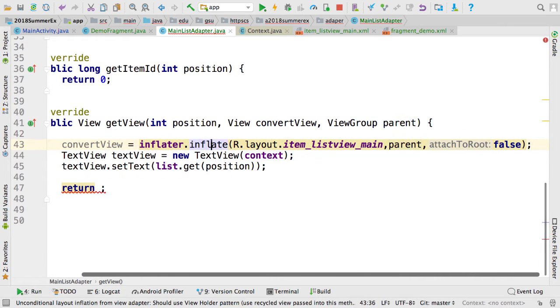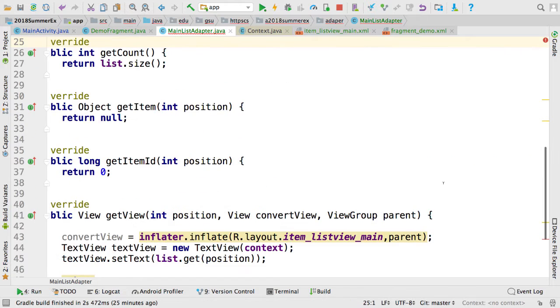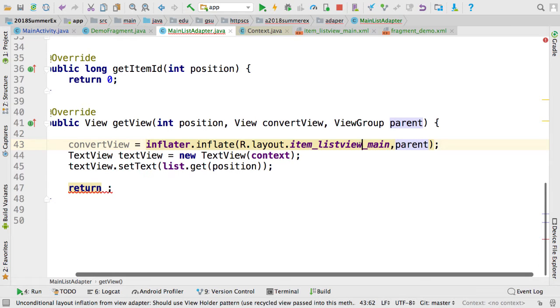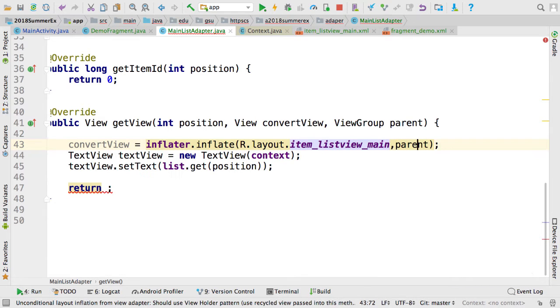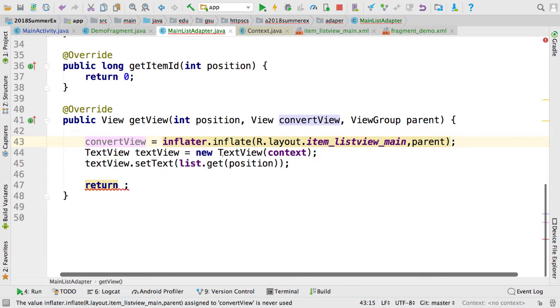This method needs three parameters, I think. Okay, so there are two necessary parameters here. One is the layout ID. The other one is the parent group. It's a ViewGroup, it's the parent. Then after we get the convert view,